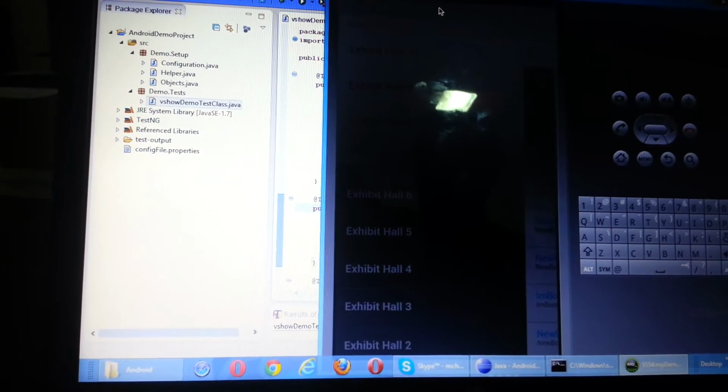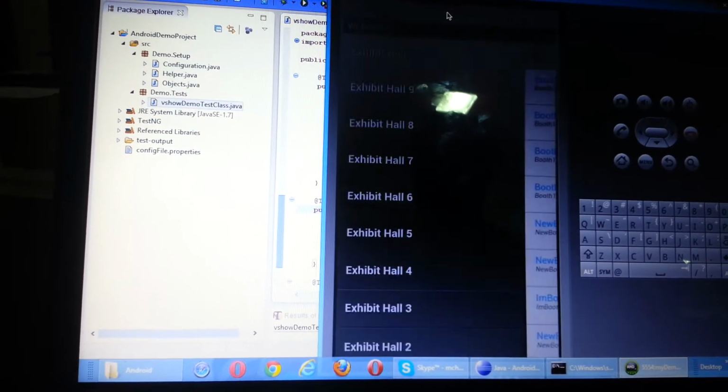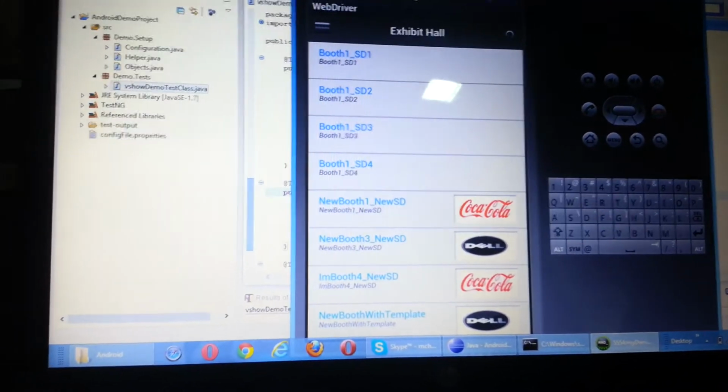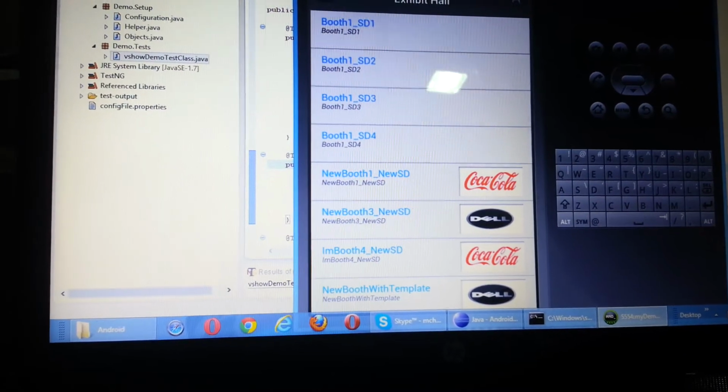So here all the halls are containing the same items in the booth.